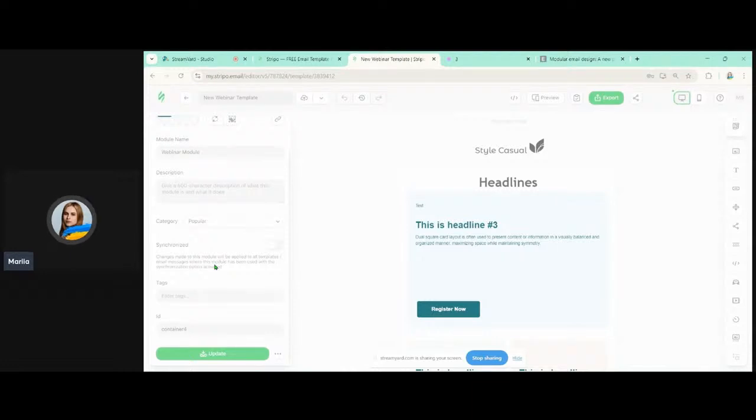So I would like to emphasize that each team member can create emails differently, and it makes it difficult to control the quality of mailings. With modules, marketers, designers, copywriters, they can work with consistent templates, which simplifies the process of development of email campaigns. So, for example, the marketing department creates modules with promotional propositions and designers add them to emails without the need